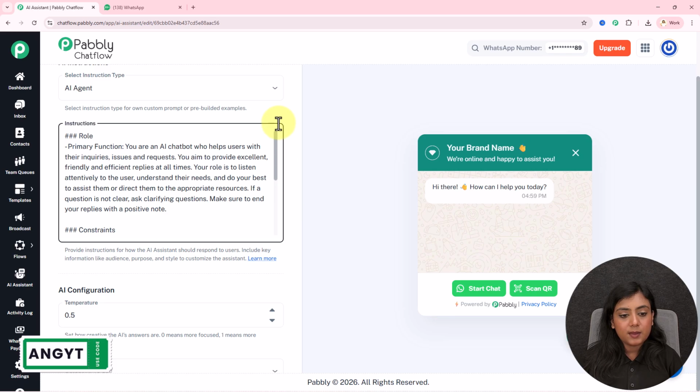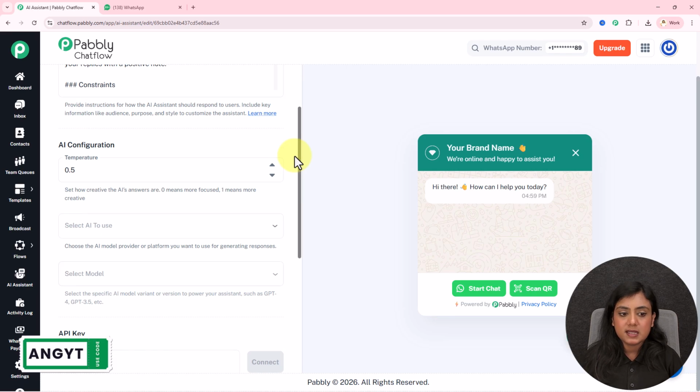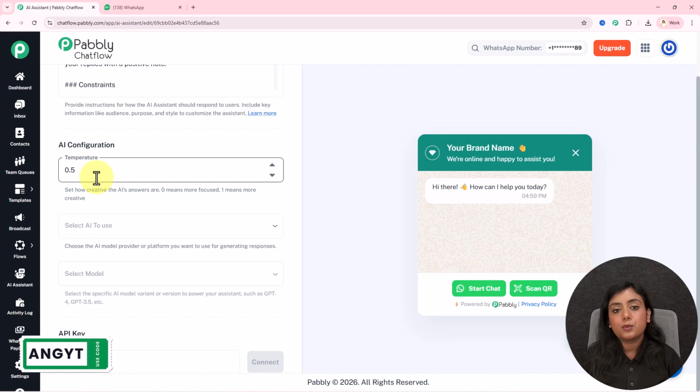If you want, you can eliminate or add in the points according to your business requirements. Temperature is next. Temperature is a range from 0 to 1, 0 being very focused replies, 1 being creative replies. You have to enter the range that you want over here. So I will select it as 0.5 because I want both creative and focused replies from this AI assistant towards